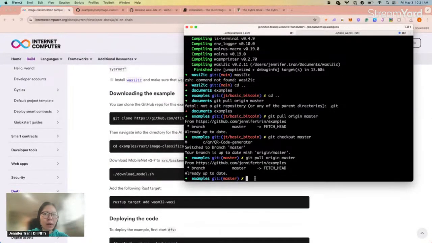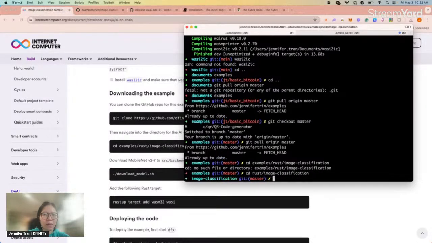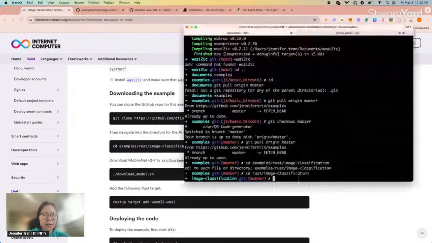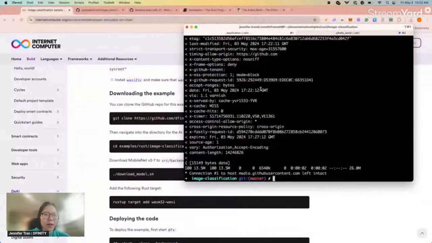classification. And then I'll load the example, and then I can go through the code and show you what's actually going on. So let me just go to the examples /rust/image classification, which is where this repo is. Actually, I'm already in examples. And then let me just download this, okay,